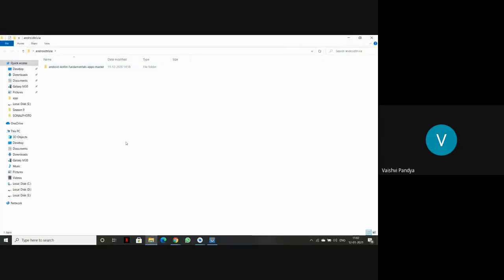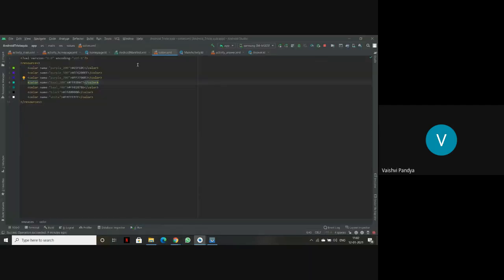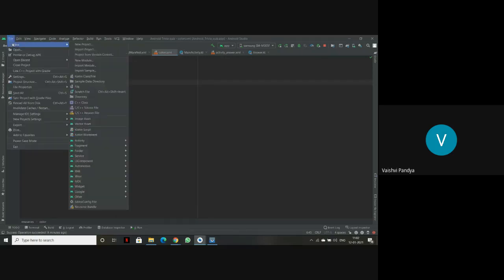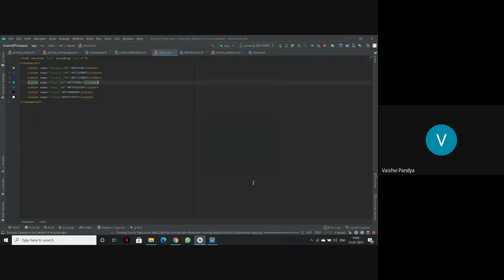Now we'll again go to Android Studio and we'll go to file, new, and we'll just use project from version control. As you may remember, we copied the URL earlier, so we'll just paste it here and then we'll clone that URL. As you can see, the cloning is in process.